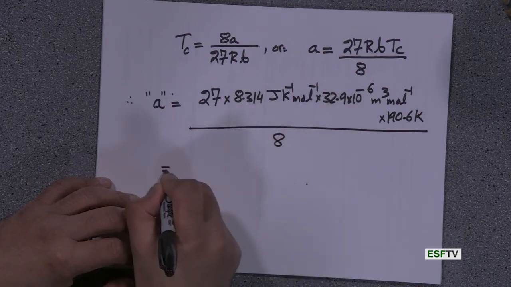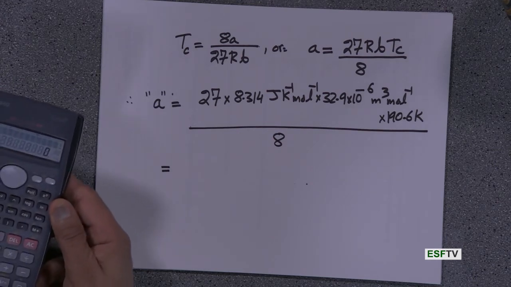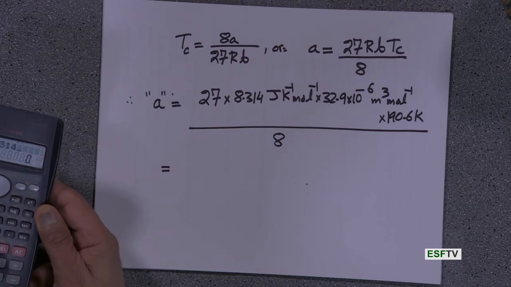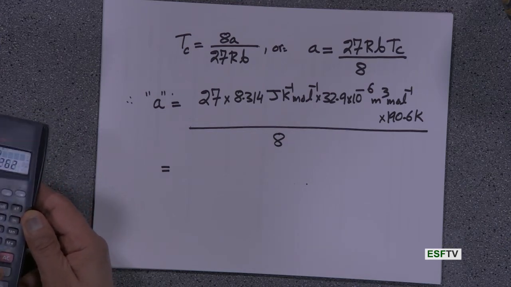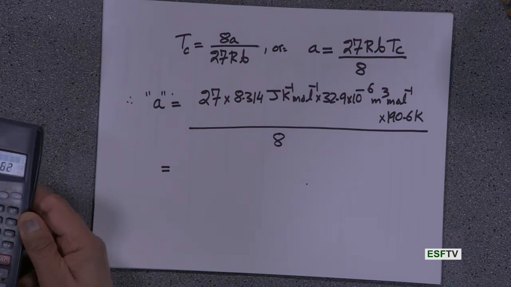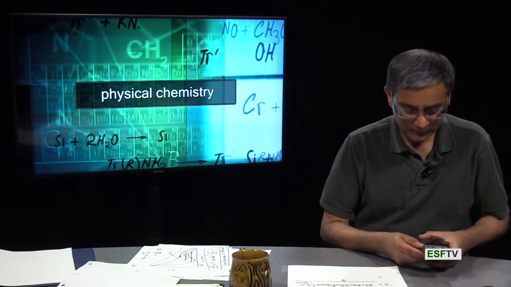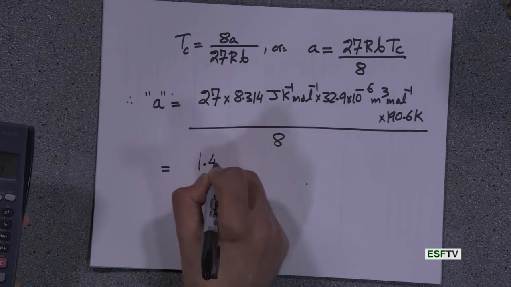And let's see what that gives us. 27 multiplied by 8.314. That gives me 1.408,